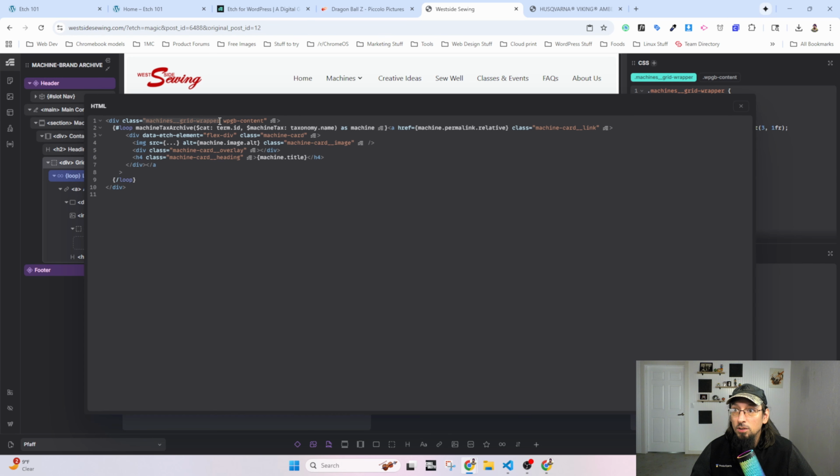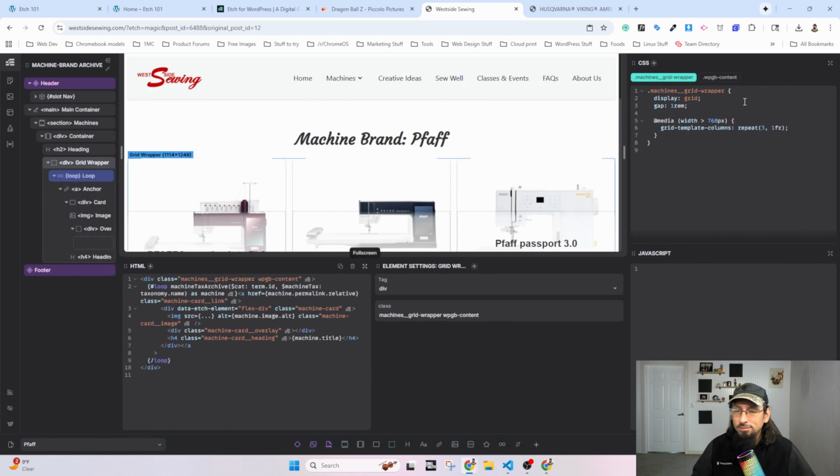Machine grid wrapper. Here's our grid, and we only have one card because it's looping through that. It's just fantastic. It's fun. It's good code output. It makes sense. It's fast. It saves me a ton of time versus if I was to build this whole thing from scratch